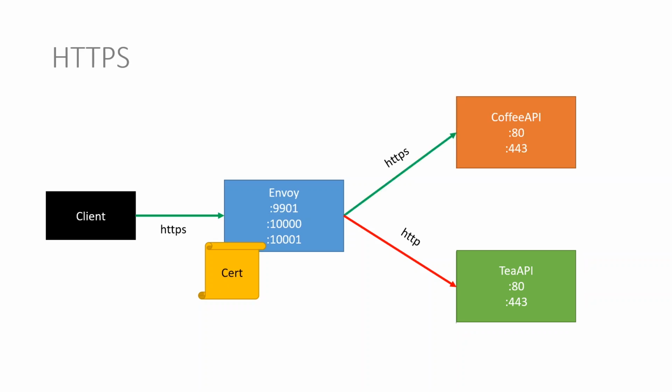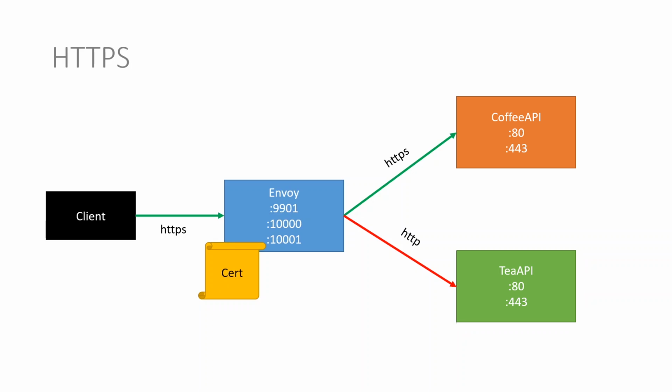And then we're going to retain our good old Coffee API to stay with HTTPS redirection turned on, and we're going to actually create a new cluster that will use HTTPS to Coffee API. So client will talk HTTPS to Envoy, and Envoy will talk HTTPS to Coffee API, which is thumbs up from me, my preferred approach. But you will also see the other approach, the first approach that I've shown you.